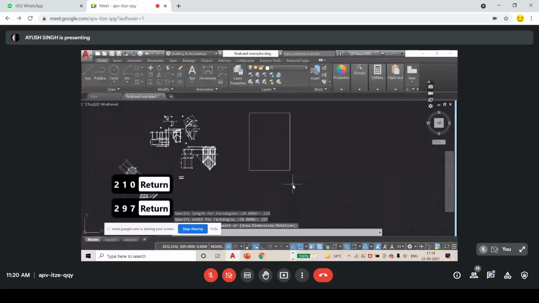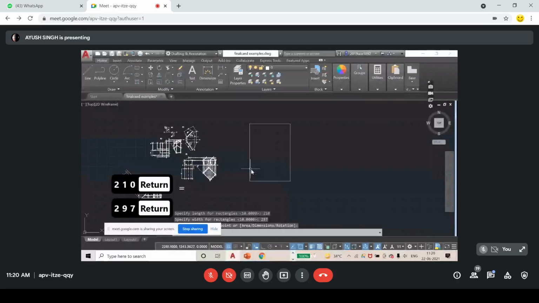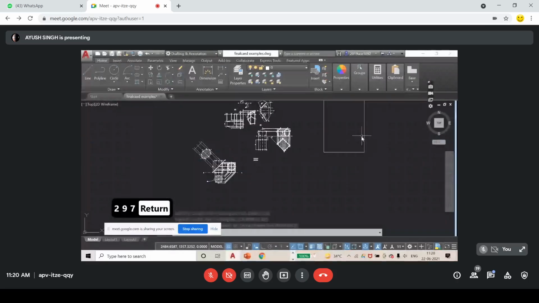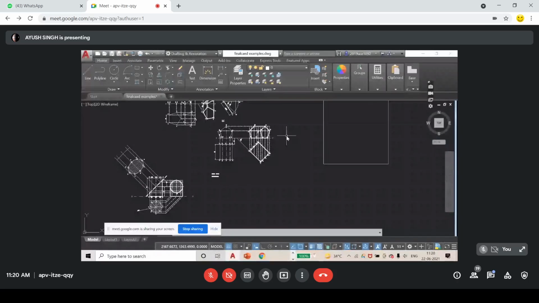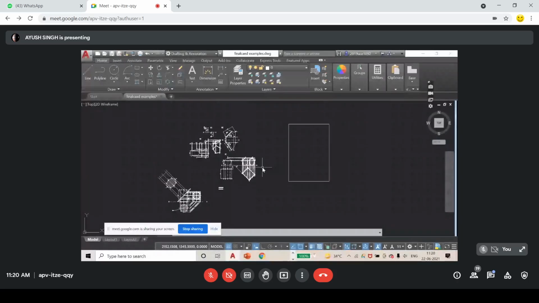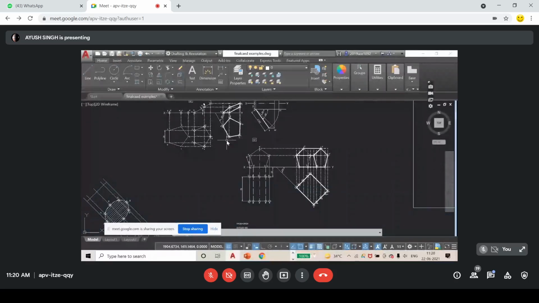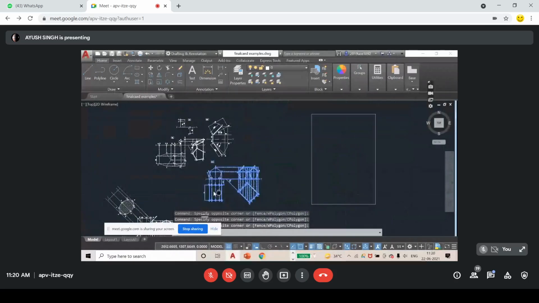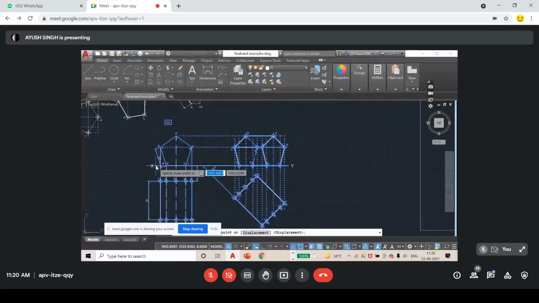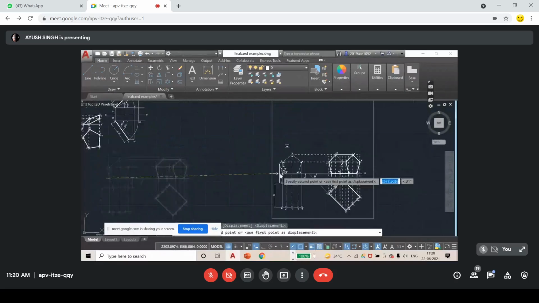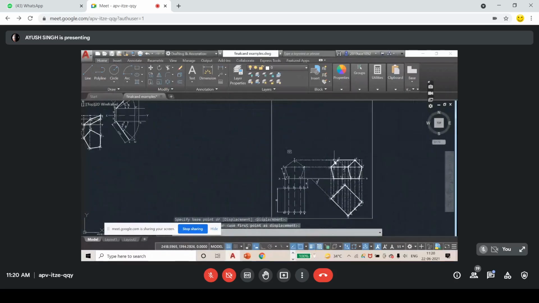Now one by one pick your drawing and adjust it here. I see that I won't be able to fit all these drawings. In the paper also you will not get more than 4 questions. I am getting 5 questions here. So I will try to adjust 4 questions here at least, the big questions. So I am adjusting here. Just move it. This is getting very large. Okay, I can adjust.